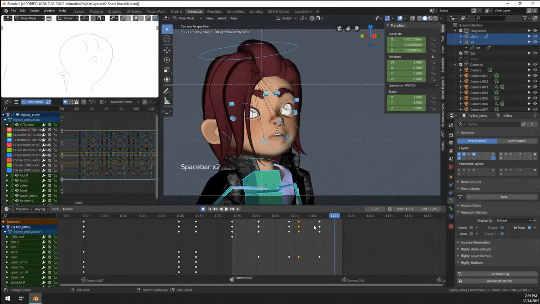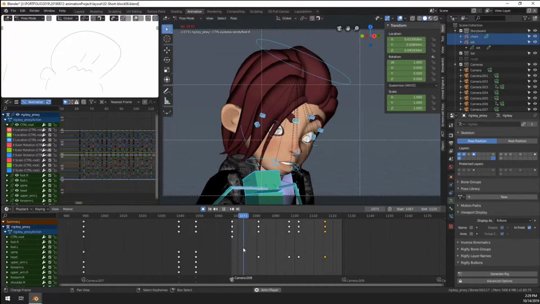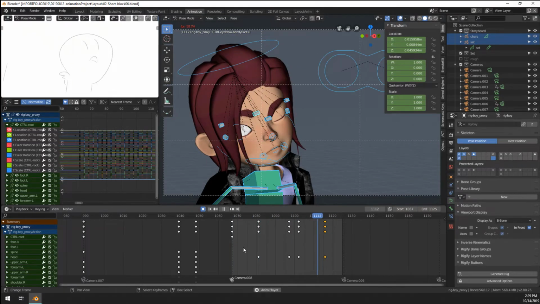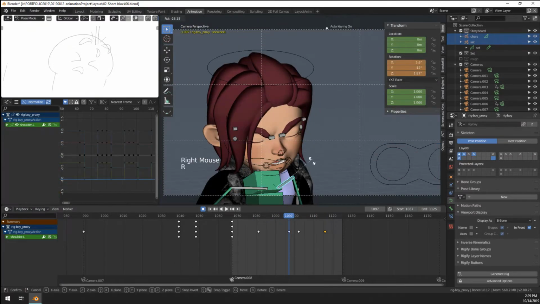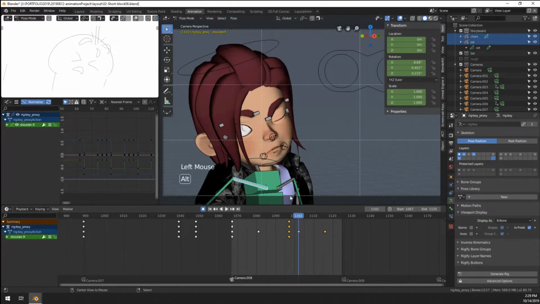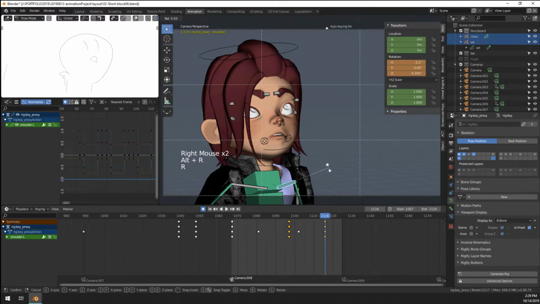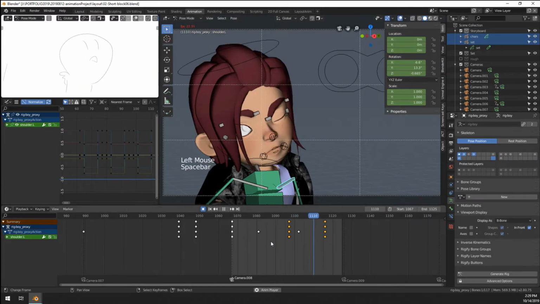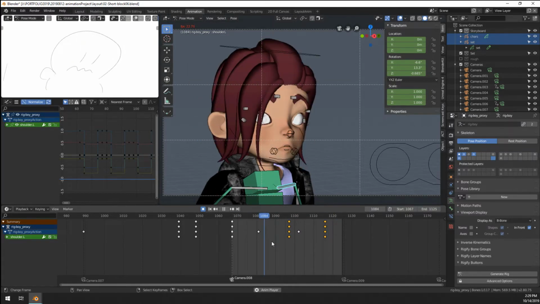Kind of break down the rhythm a little bit. So maybe here we want to squash the body a little bit as well. So put up his shoulders, and only here have them move down again. Yeah, shoulders are a big part of